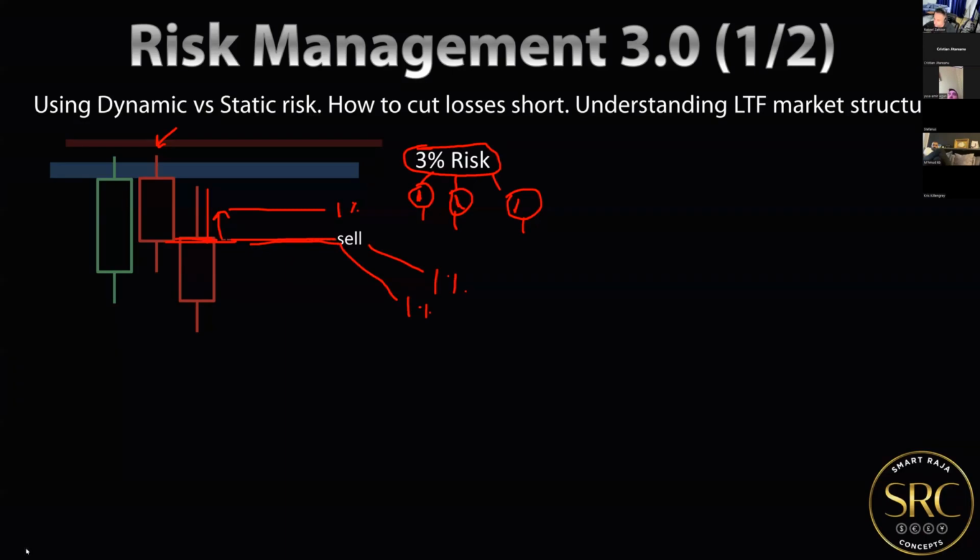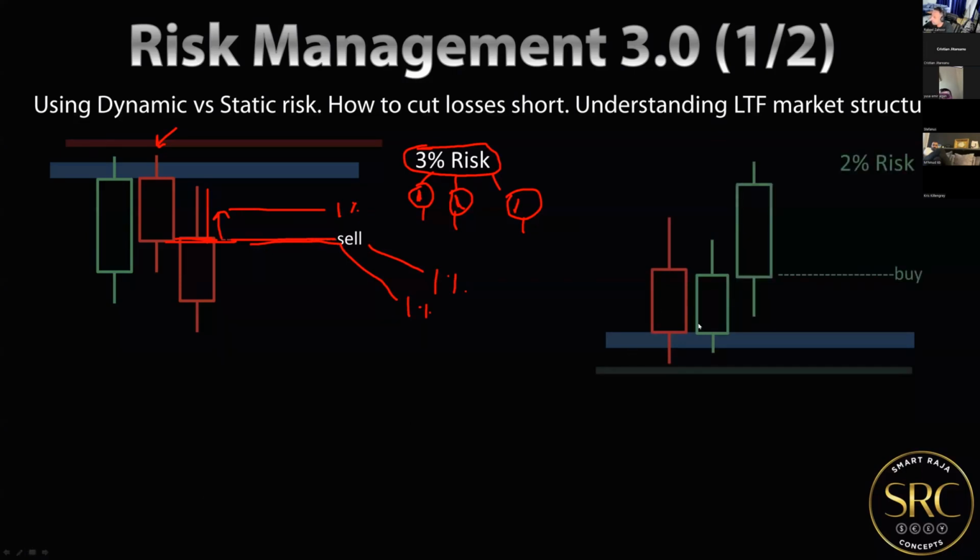So you enter first. Let's do this again on the buy side. So let's say you have a buy right over here. Your total risk is 2%. Now in this 2%, say you have a 2% risk and you want to be super safe, super comfortable. What I'm going to do is I'm going to open 4